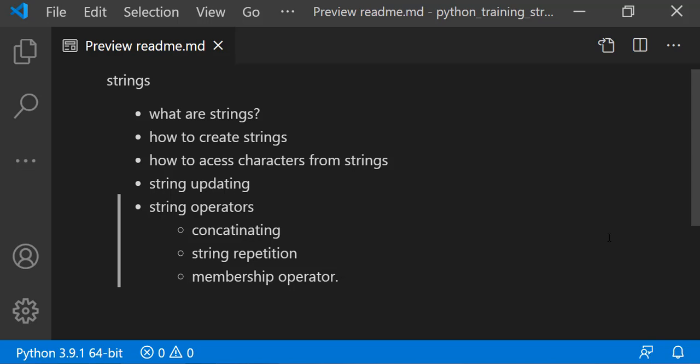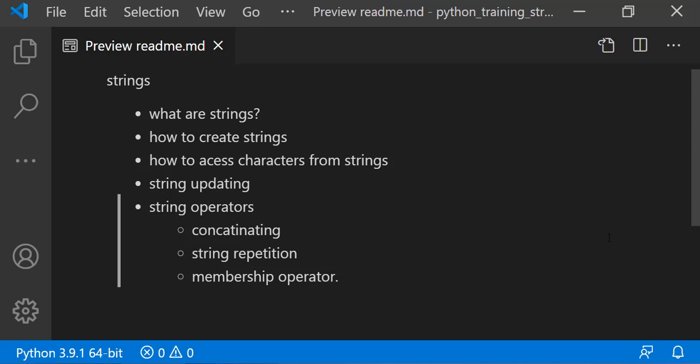Next we saw string updating, which we did using the plus operator. Then we discussed string operators, mainly concatenation, where you can join two strings using the plus operator. And then we saw string repetition, which can be done using the multiplication operand.